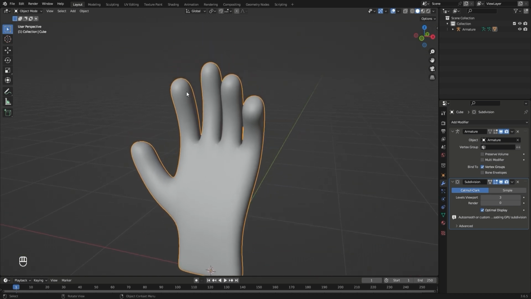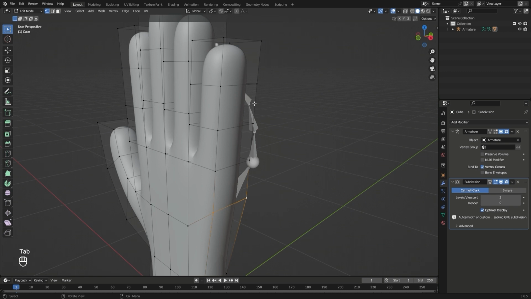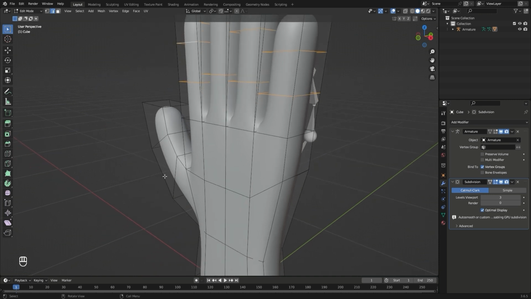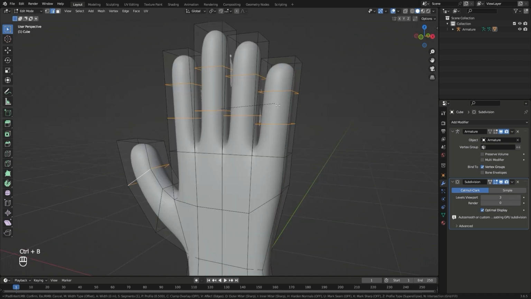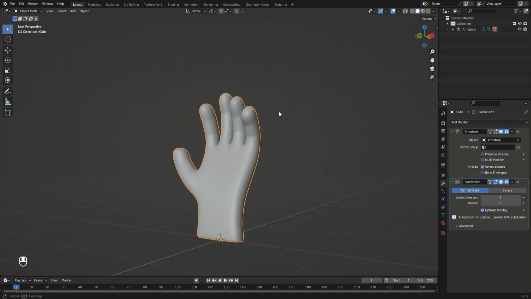I don't want the fingers to be smooth like this, so I'll create additional folds between the finger joints. Go to Edit Mode, press 2 to select edges, hold Alt and Shift to select edges around this finger. Press Ctrl B, then Enter and Tab. So, we have completed a very easy to create low-poly 3D hand model using the Subdivision